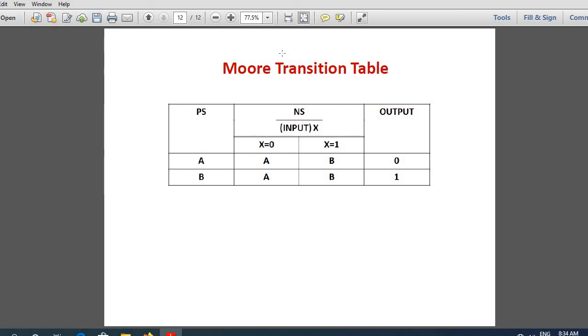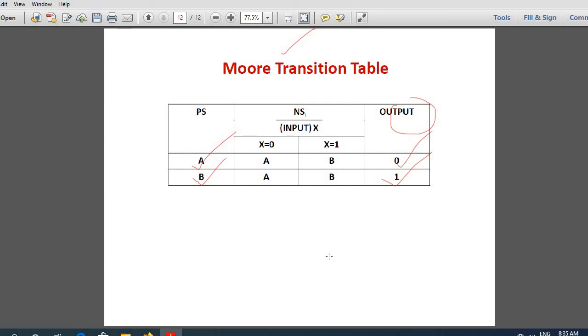The difference in state table from Mealy is that in Mealy, you wrote next state, comma, output. Here I am writing next state alone and output separately. Because why? State A always has output 0. State B always has output 1. So I don't need to write this together with this. So this one is separate, this one is separate, and this one is separate. That is the only difference from Mealy model. So I hope the introductory class to Mealy and Moore model of finite state machines is almost okay for you.